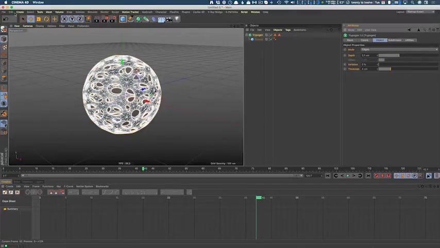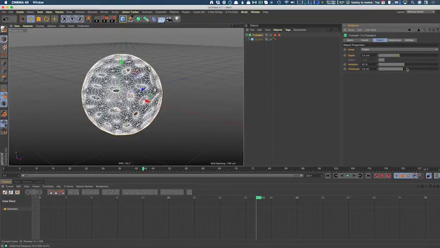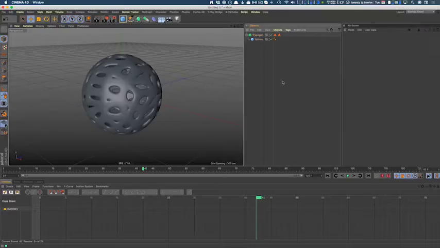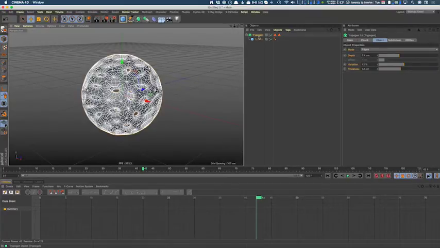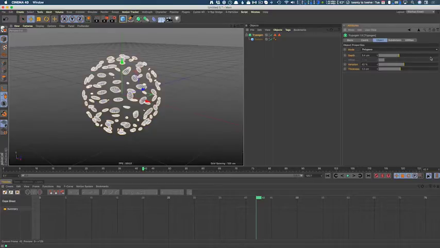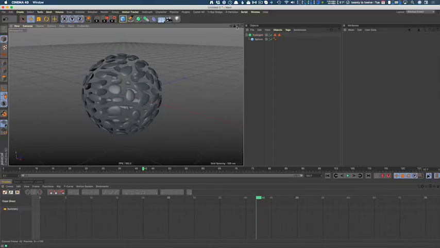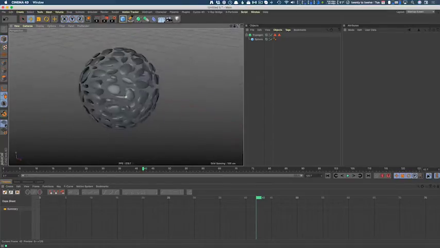We can adjust our edges. We can increase our variation of the scale of the size, and we can increase the thickness, so that's almost like a bevel. So already we create quite a different type of shape, but we can also define how we want this to look. So it could just be based on our edges. We can do it just on the polygons. So there we go. As you can see, we've got multiple objects